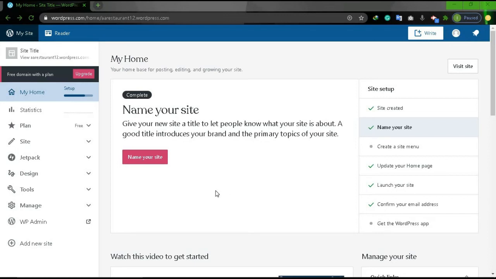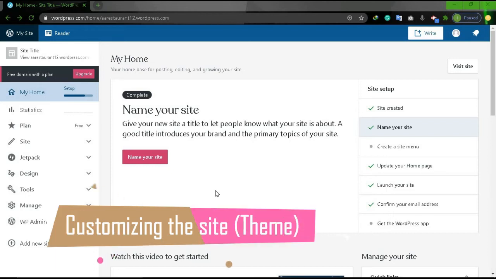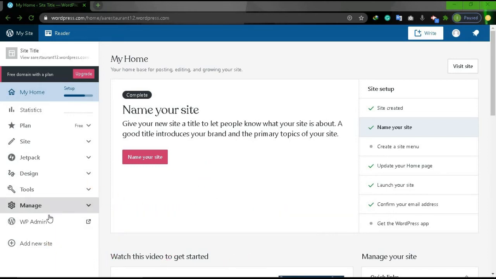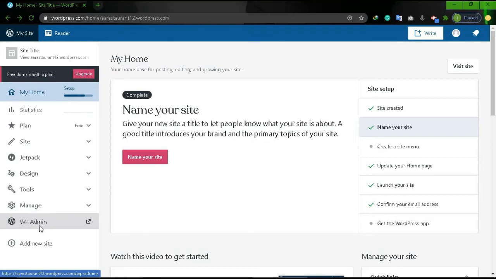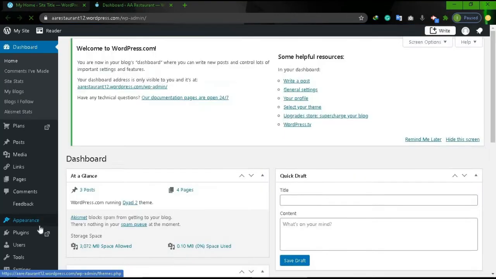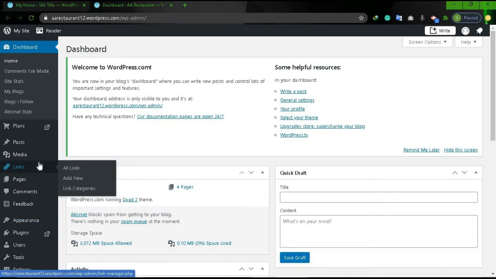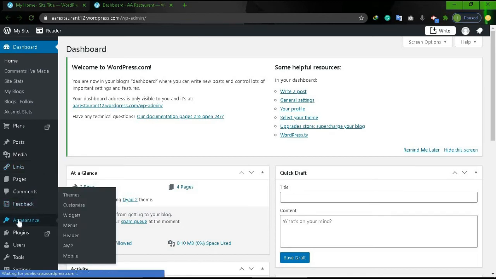Now, it is time to customize the website. To customize the website, you have to click on Web Admin, WP Admin. Click on this. Now, select a theme for your website. For selecting a theme, click on Appearance and click on Theme.